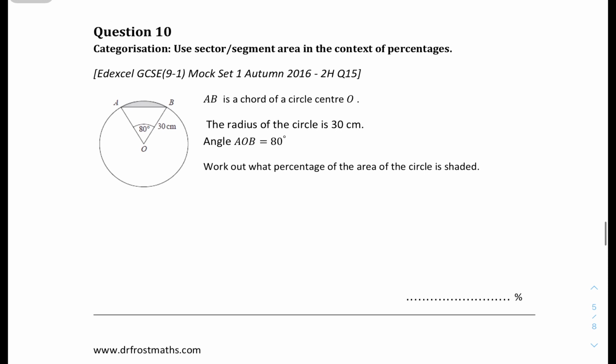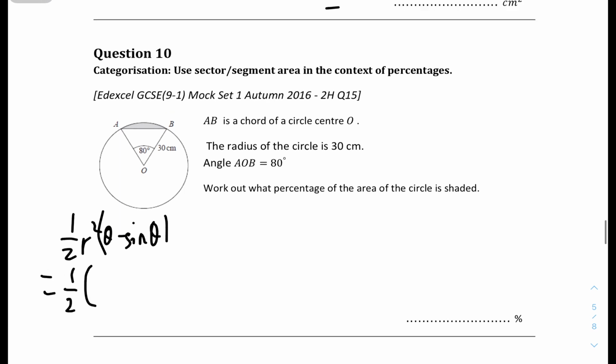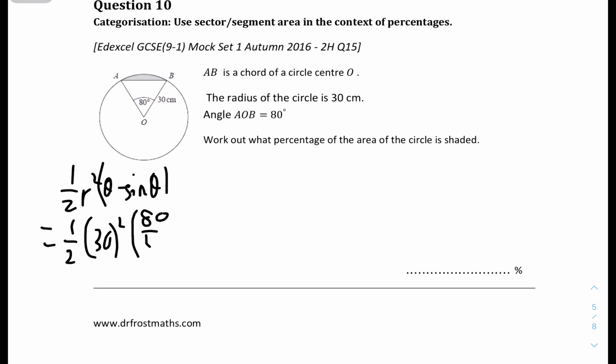And question 10, work out what percentage of the area of the circle is shaded. So we have this small segment right here. Remember the formula, half r squared (theta minus sine theta). The area will be half 30 squared. Theta is 80 over 180 pi, minus sine 80 over 180 pi, which will get us a value of, let me just see,